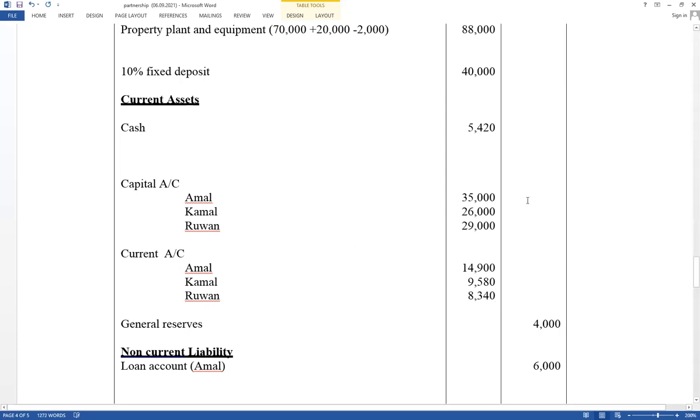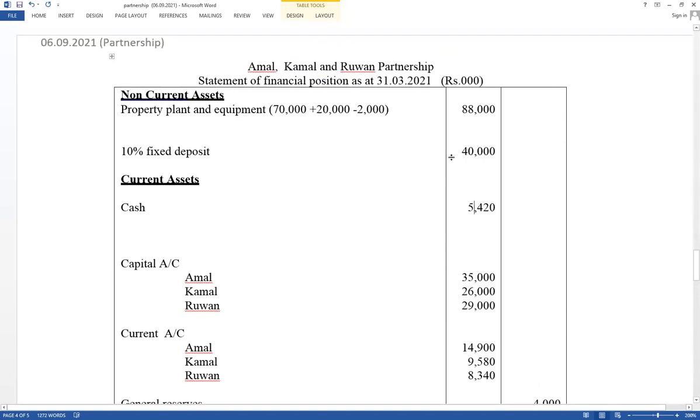Think service business. Trial balance it has given. Admission beginning of the year. And bank reconciliation also they ask together with partnerships. Right now, take the balances. Take non-current assets total value. Therefore, here total value equal 128,000. Under current asset, it has given only cash balance. Cash closing balance equal 5,420.